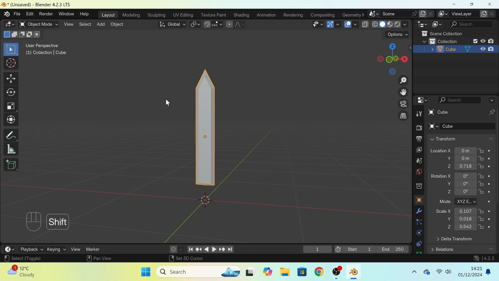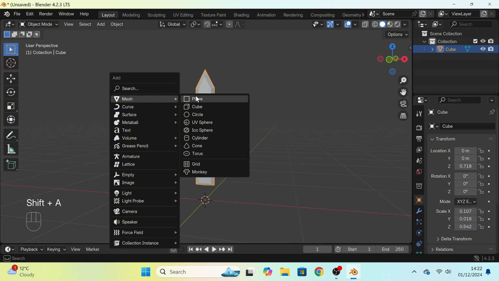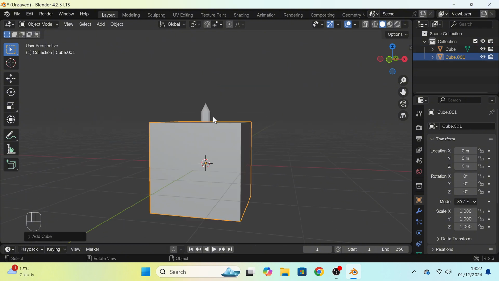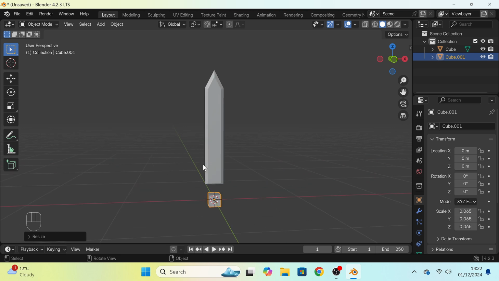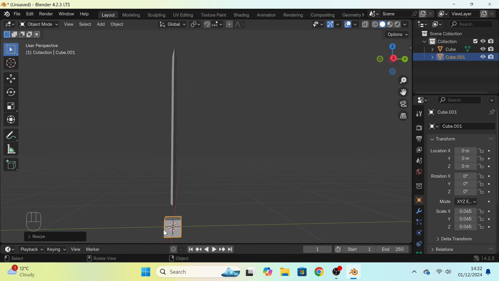But what to do now? So we need to add another mesh, and we're going to do that. It's going to be massive, so we need to shrink it down straight away. So we're going to select a cube and we're just going to press S and then drag it down. This is going to be the hilt of the sword. So whilst it's a cube,